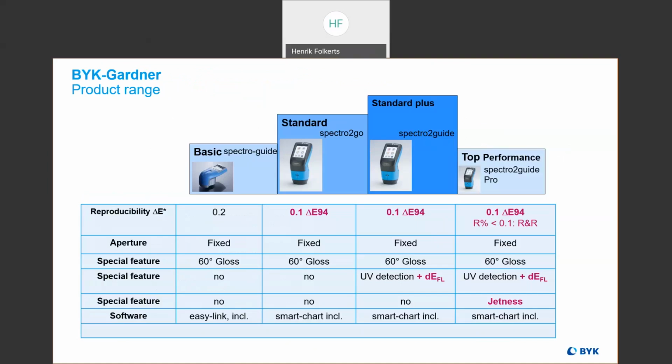So in order to measure the color accurately when it has fluorescence, and in order to quantify that, we have a couple different instruments that can do it. So here you see our full line of Spectra Guide or Spectra 2 instruments, beginning with our basic model, the Spectra Guide. It has a reproducibility of 0.2, which is fairly tight, but not quite good enough for us to recommend digital standards. This model also has the built-in 60-degree gloss meter, and it includes the EasyLink software, which is